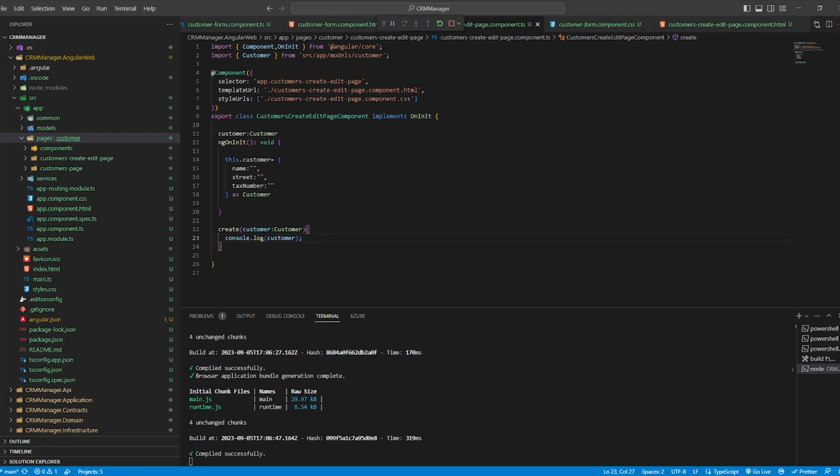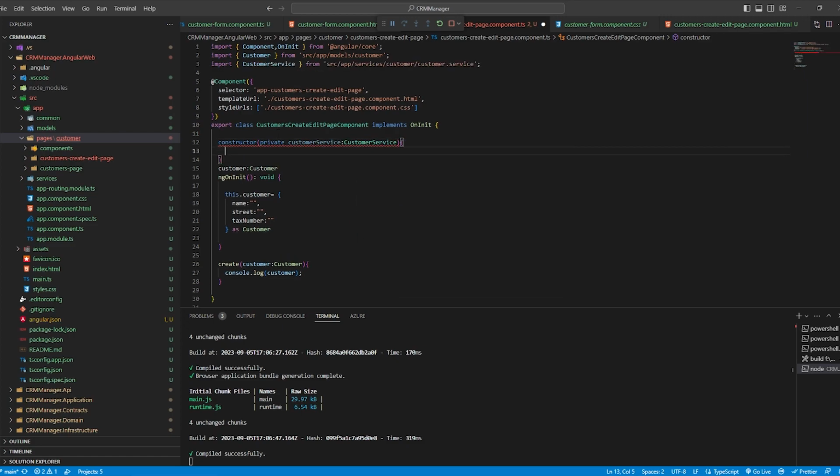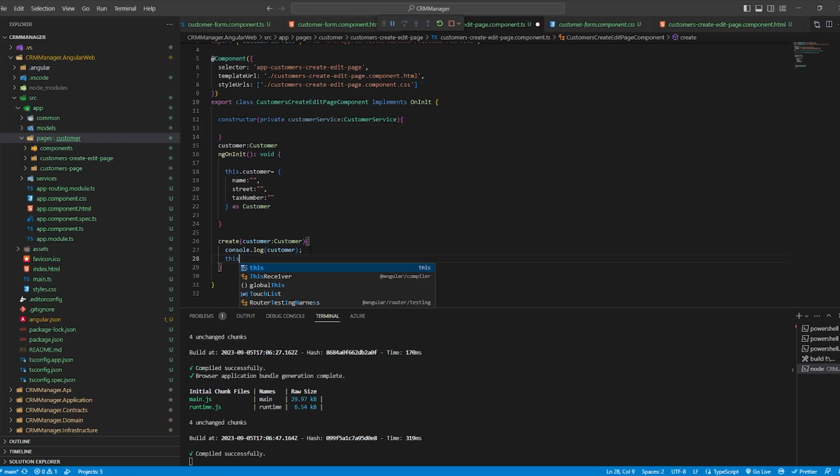So now, since it's working greatly, I can actually create a customer and pass this to our API. To do that, we're gonna call the customer service. Wait, I didn't inject it here. I thought I added injected. So it's gonna be private customerService of type CustomerService. And here, I'm gonna do this.customerService.create, and here I'm gonna pass the customer.subscribe, and here I'm gonna get the results, and I need to route back to